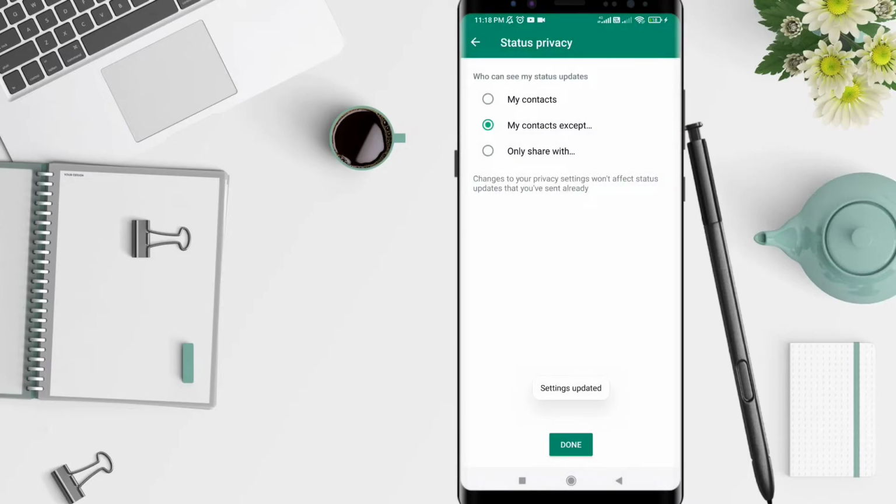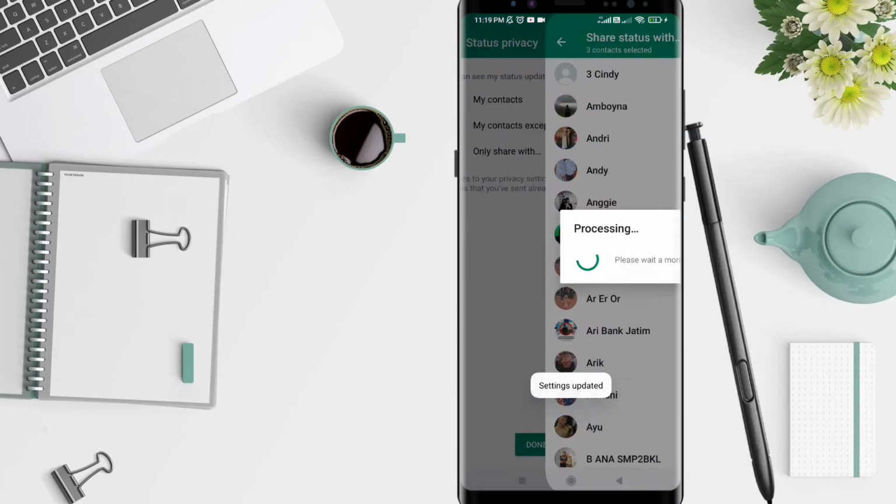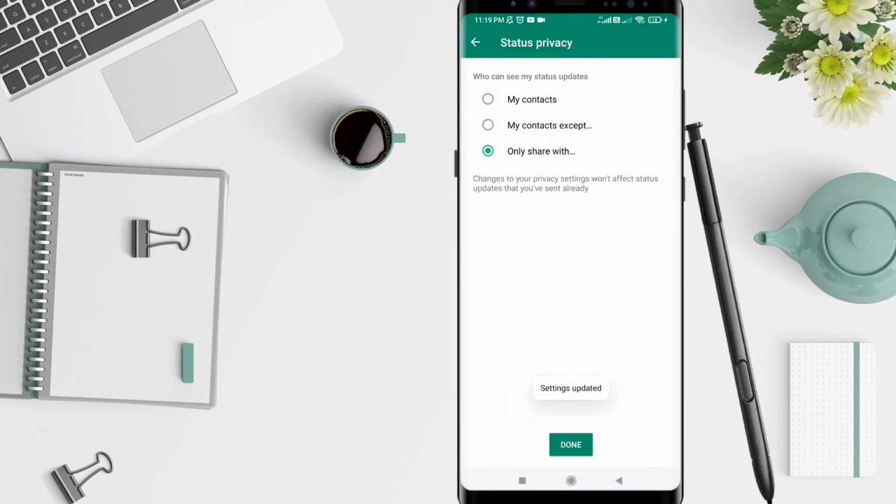And if you click on Share with, and you click Cindy, Amrina, and Henry, the three people here can see your story. And this is the tutorial on how to add someone to your